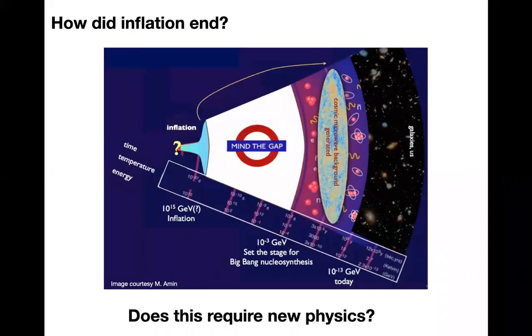But I figure that, especially in the parallel sessions, people will talk about this stuff. So I wanted to try to talk about some stuff that I don't think is as popular. And in particular, what I mean is connecting the end of inflation with the time of Big Bang nucleosynthesis. So, of course, we know at BBN that the universe was radiation dominated, but how you connect inflation with BBN, and in particular, how do you reheat standard model degrees of freedom,